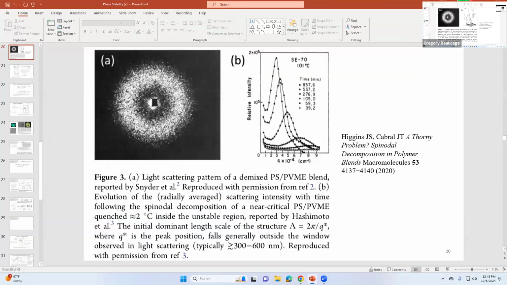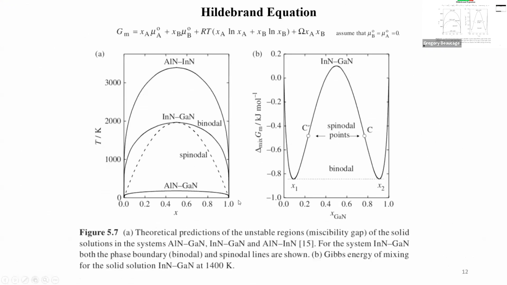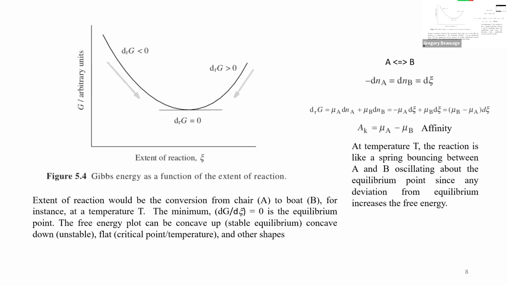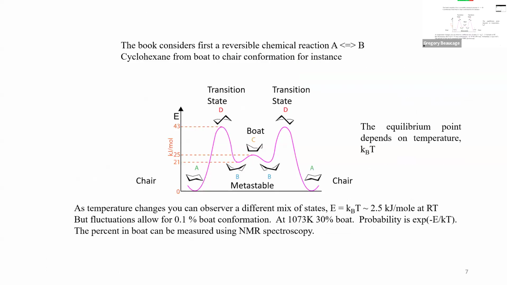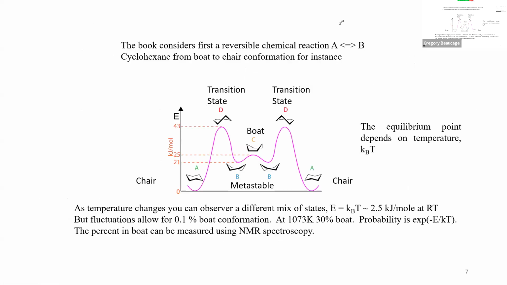Anyway, so let's see, slide 11 is what we're looking for here. So yeah, he goes through this in the book. He goes through this idea of a chemical reaction where you're going from A to B, and then this extent of reaction idea of the conversion from one state to the other. So an example of that is this